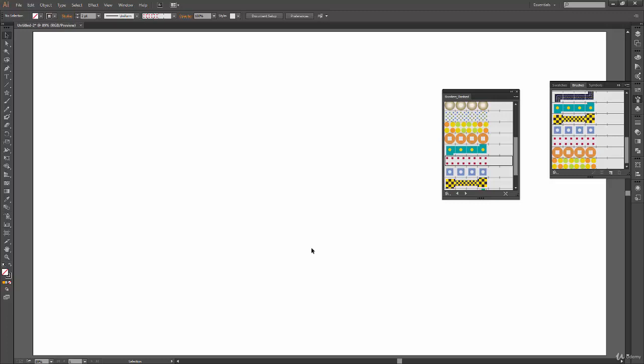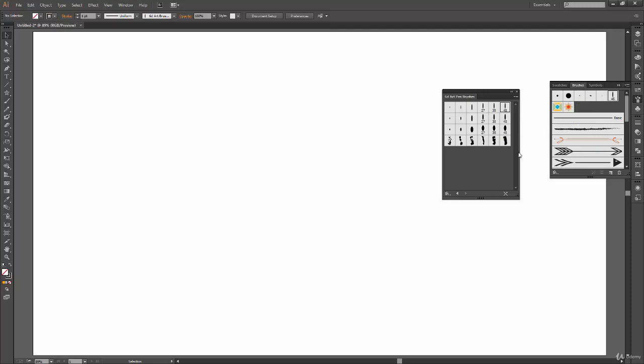But there is one additional advantage for the brush tool which other tools, like the pencil tool or all the shape tools, don't have, and it is actually a library which I really like: Wacom 6D brushes. Now you will be able to notice its power when you have a tablet with you. If you are drawing with a mouse, then you might not get the kind of result you are expecting. So if you are working with a graphic tablet, then this is a good library to have to draw with.